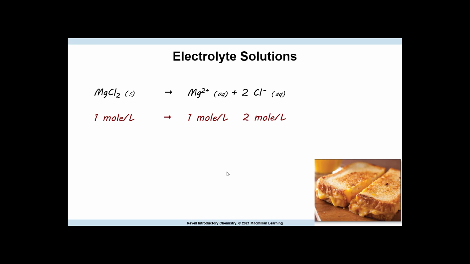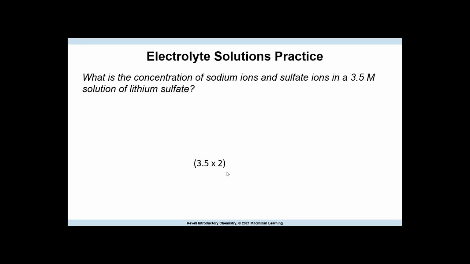As an analogy, think about a grilled cheese sandwich. The sandwich is made of 1 slice of cheese and 2 slices of bread. If everyone at the table has a sandwich, you can also say that everyone has 1 slice of cheese and 2 slices of bread. So what is the concentration of sodium ions and sulfate ions in a 3.5 molar solution